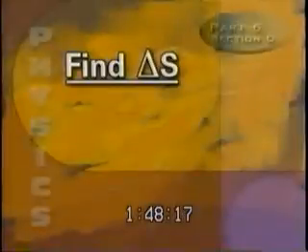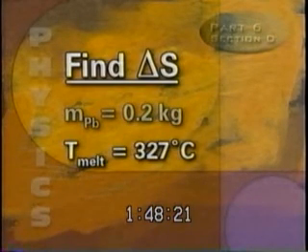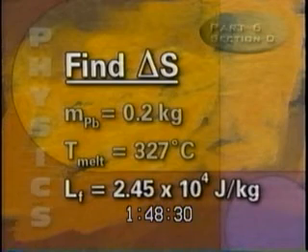Find the change in entropy when 0.2 kilograms of lead melts at its melting point of 327 degrees Celsius, if lead has a latent heat of fusion of 2.45 times 10 to the 4th joules per kilogram. To solve this problem, first we have to figure out how much heat it takes to change the solid lead